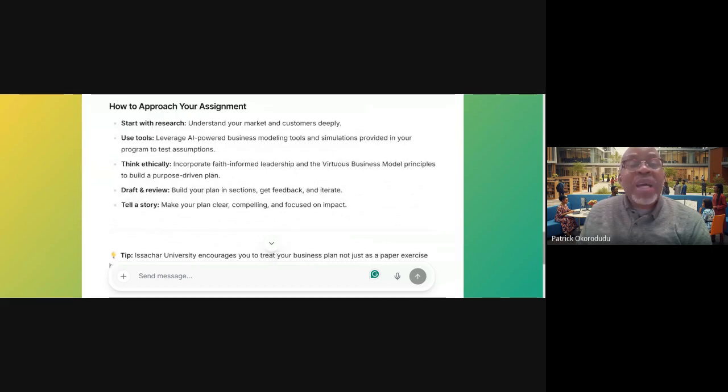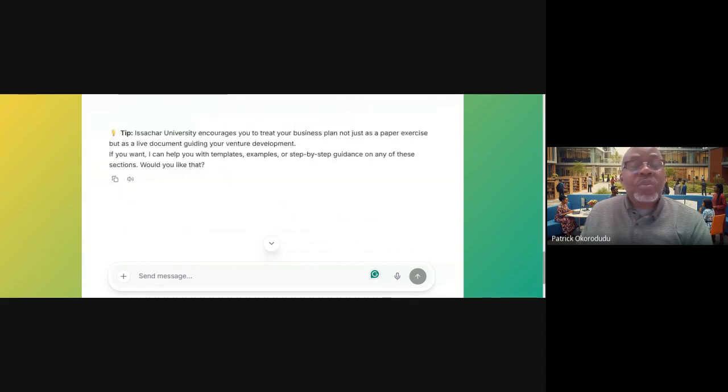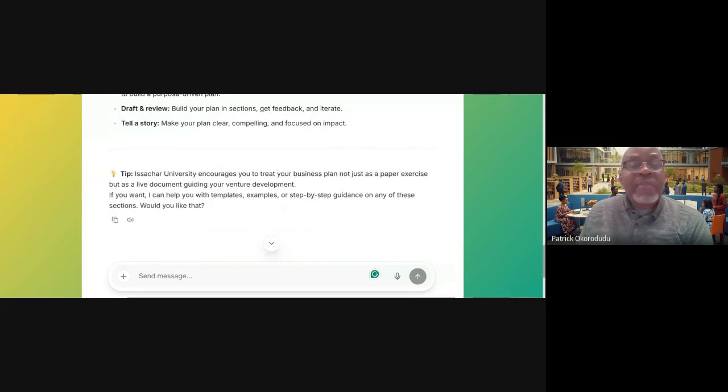Then now it tells me how to approach my assignment. As you can see on the screen, I start with the research, I use the tools, I think ethically, I draft and review, and I tell a story about my plan. And finally, it gives me tips.